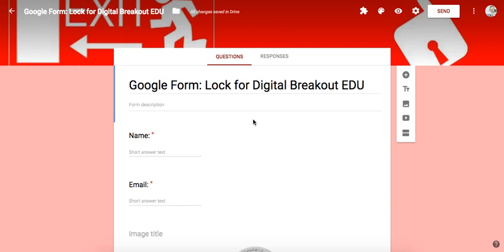I'm going to go over just briefly how you can use a Google form to create locks for digital breakout. So I started off with my Google form here. I customized the banner. I like to always have the name question as well as asking for email, and they're